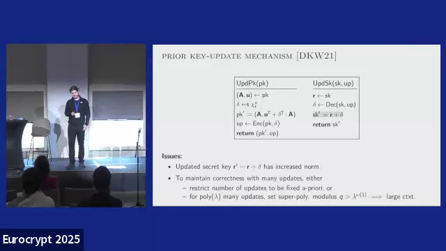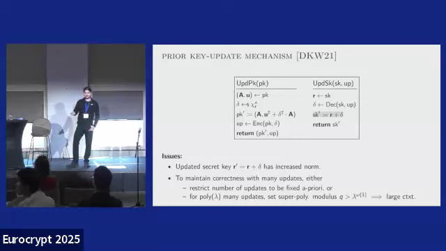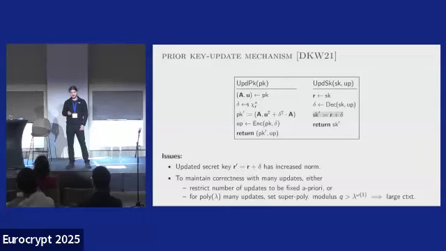But the issue is that once you update this a few times, the norm of this new secret key R will slowly start increasing and increasing, until after many updates it will eventually spoil, so it will stop being short enough to decrypt. To maintain correctness, what related works do is they either restrict the number of updates